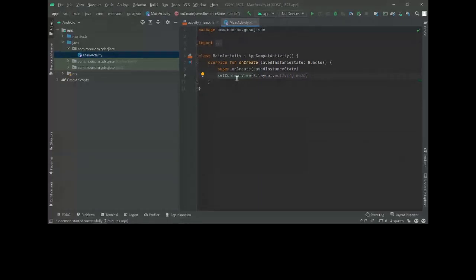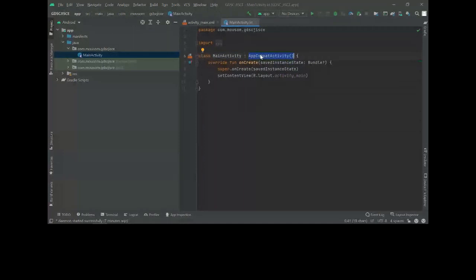So this is the main concept of class, and you can see over there that this class name is MainActivity, and it extends AppCompatActivity. Extends means this main class is inheriting some methods of this class.